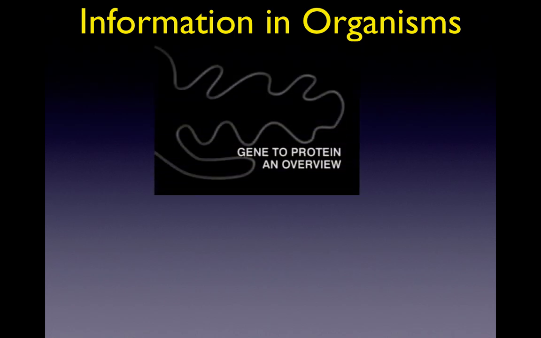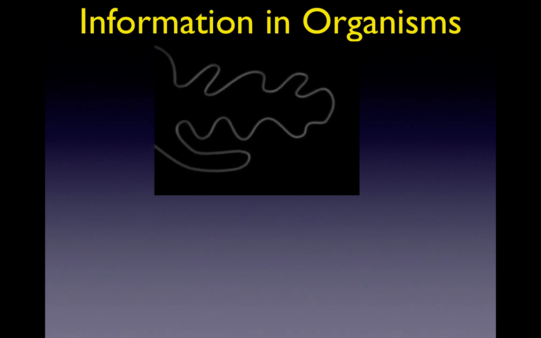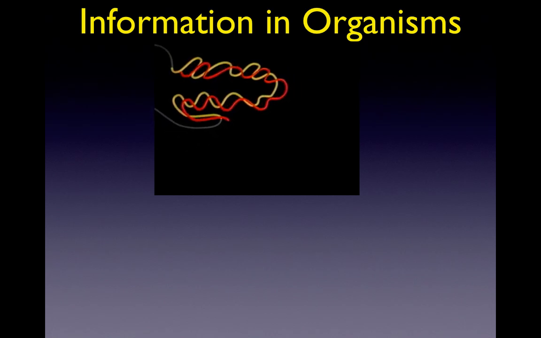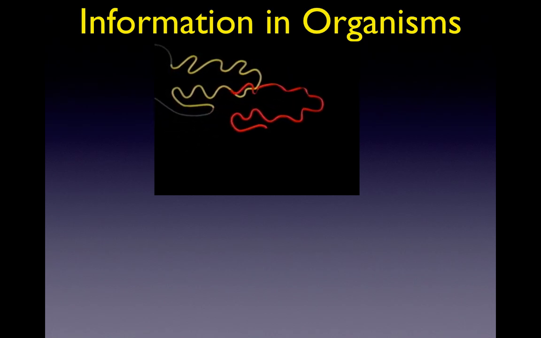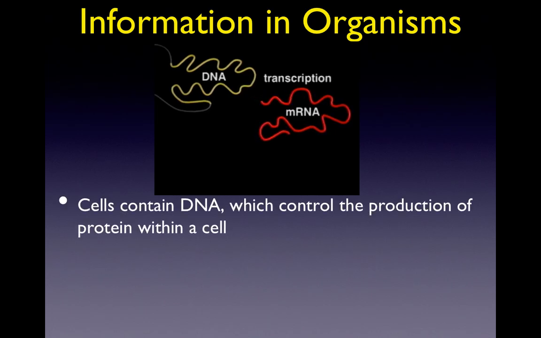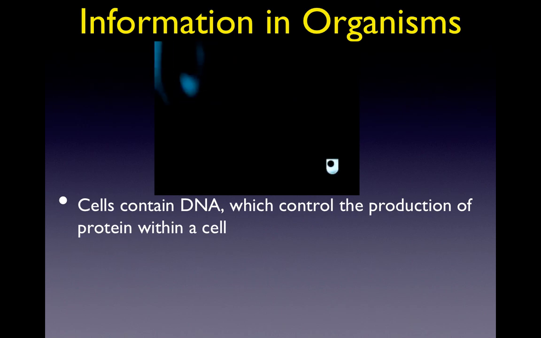information in organisms. Okay. To make a particular protein in the cell, the relevant gene is first switched on in the DNA. A working copy of the gene, called messenger RNA, is made. This copying process is called transcription. Next, the information in the messenger RNA is acted upon to produce a protein. This step. Okay, so